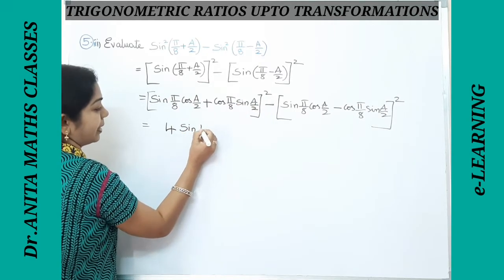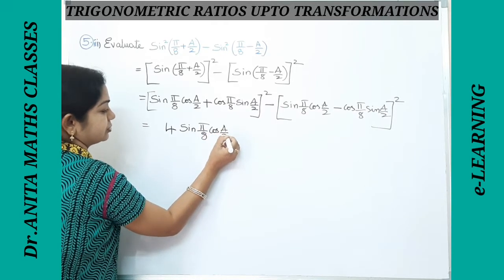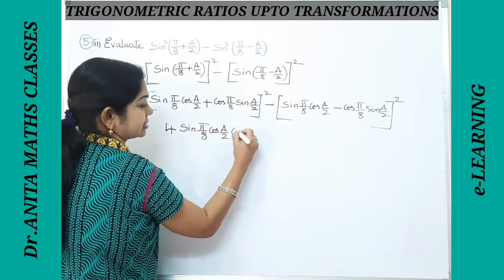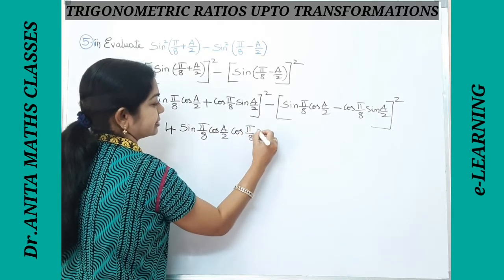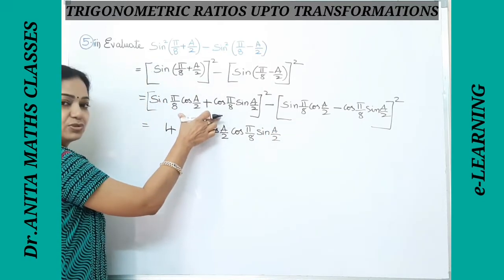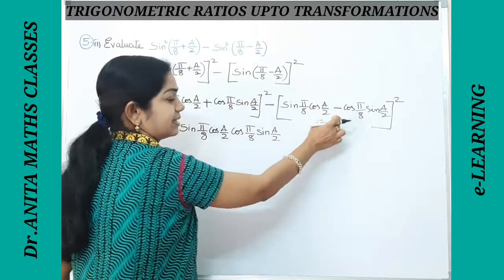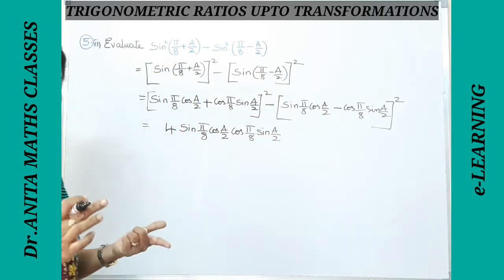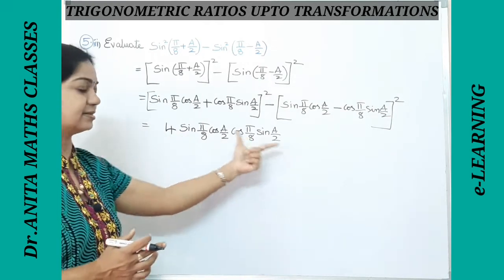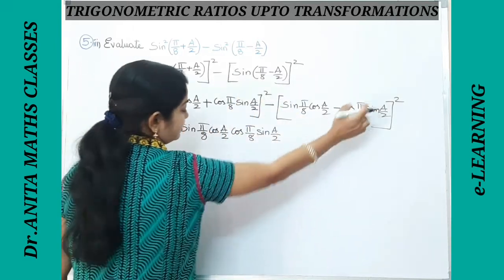So sin of pi by 8 cos a by 2. This is a, 4ab and b. B is this. Pi by 8 sin a by 2. Okay, here you get plus 2ab, here you get plus 2ab again. Minus of minus 2ab, that is plus 2ab. So both if you add them, you get plus 4ab. So plus 4, this is a, this is b. Directly we can write, we are expanding it with a plus b whole square, a minus b whole square.